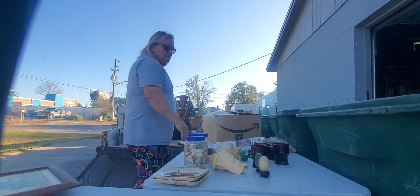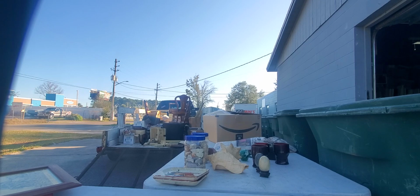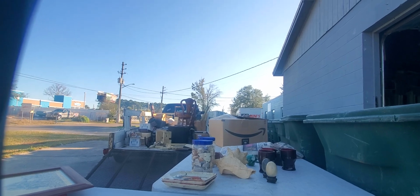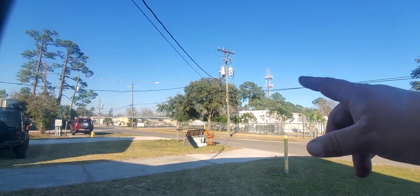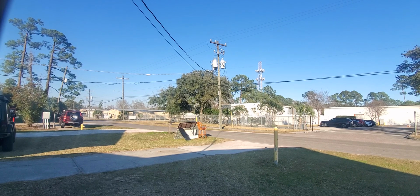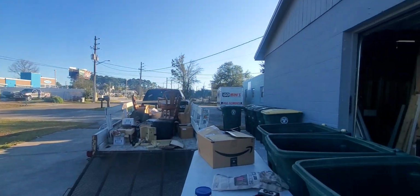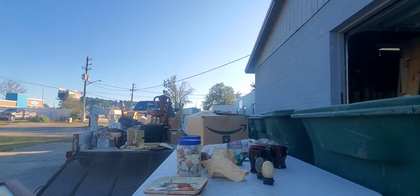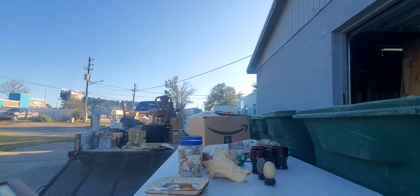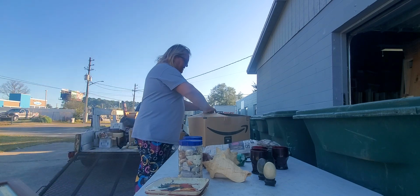I'm just going to set them out by the road. In fact, I'll show you here real quick. All right, let me turn you guys around. See, all the old stuff out there, I just set out there. All the stuff that was in the trailer yesterday that I put out, it's all gone. Do I still have the bed frame here? I don't know. Yeah, the bed frame's still inside the shop. I'm going to be pulling that out and putting it out there after I found out that the